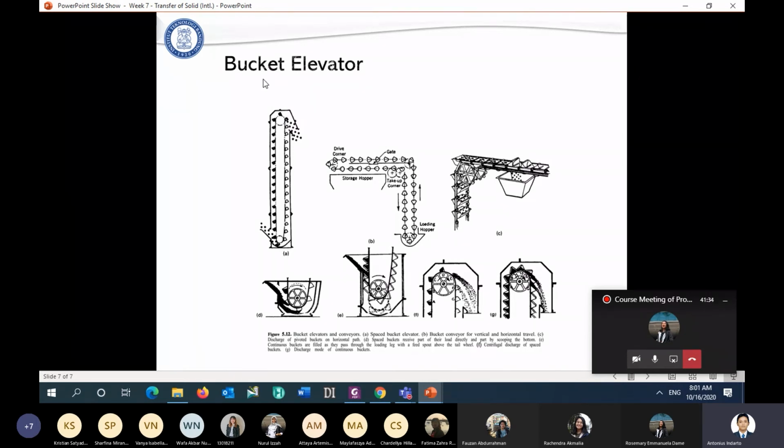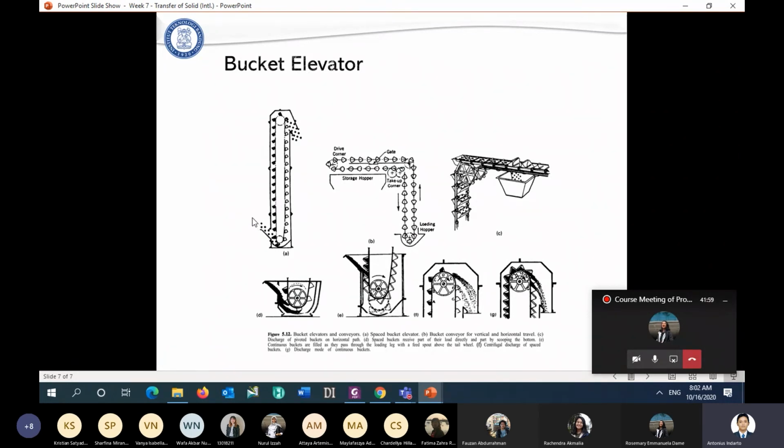So the bucket elevator is usually used for transporting solid in the vertical way, not the horizontal one. If it is horizontal, usually the type is the belt conveyor. But in the vertical case, the bucket conveyor is very helpful.